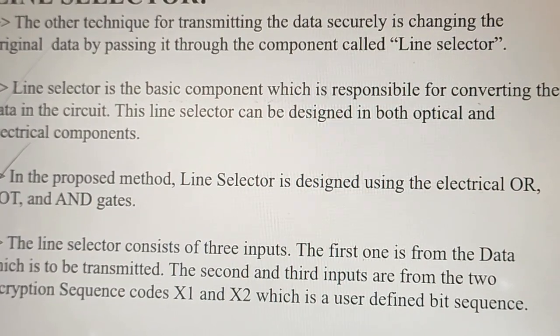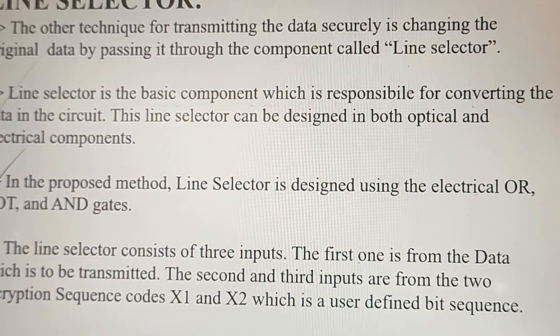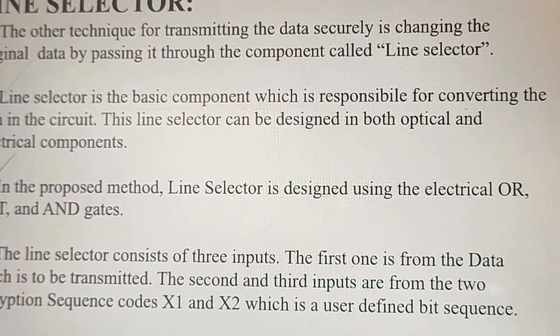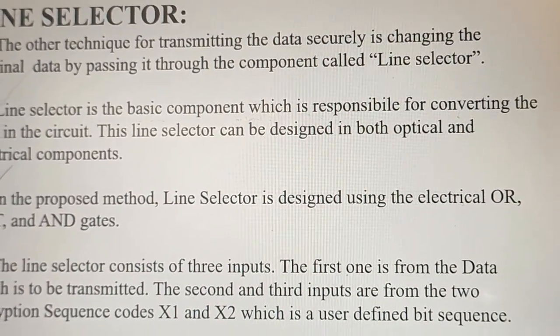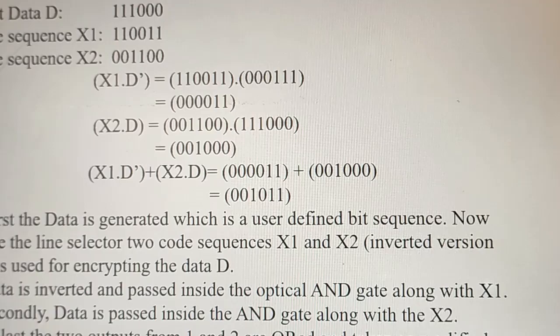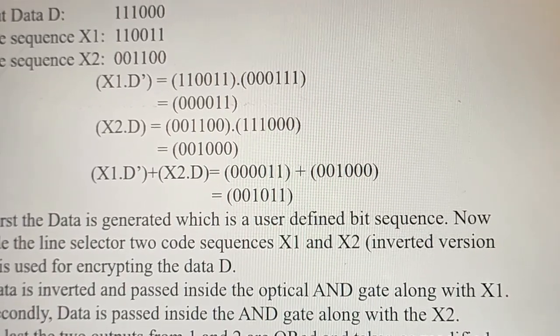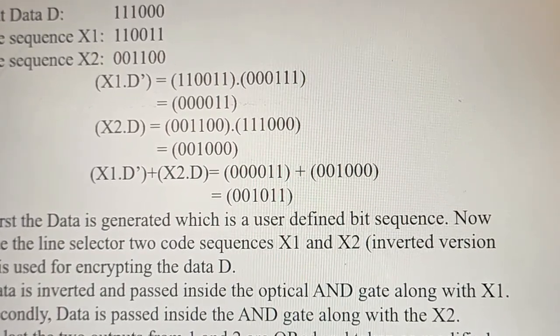The other method of protecting the data from the attacker is a line selector method. In this method, the data which is sent will be passed through the line selector, and after the output of the line selector, the data will be completely changed. So these are the calculations which are made. As you can see, the input data is 11100, and after the output